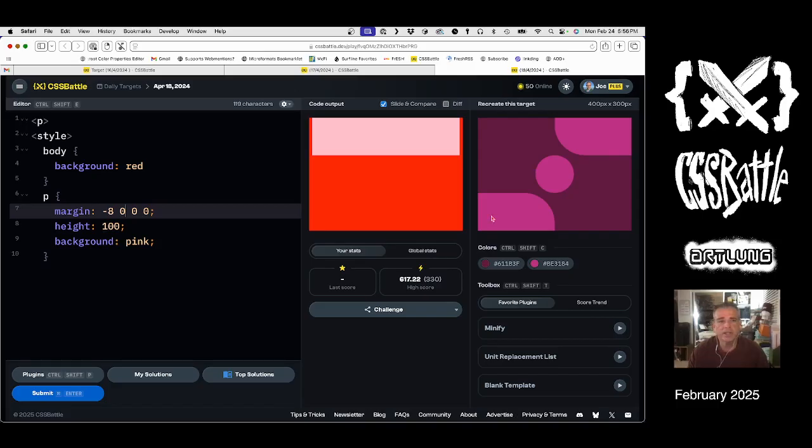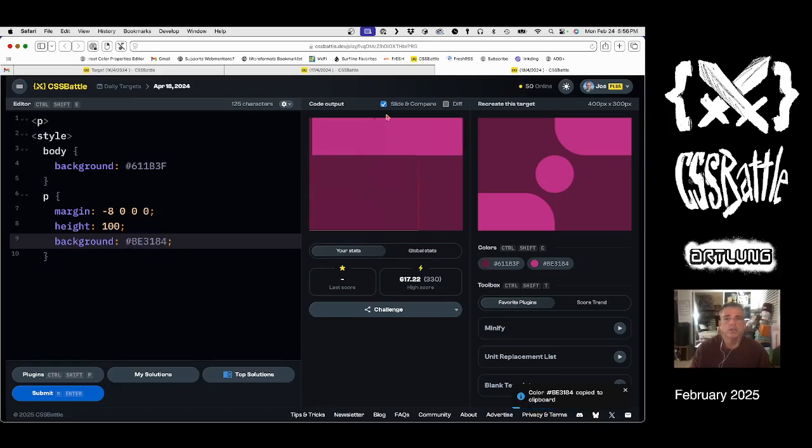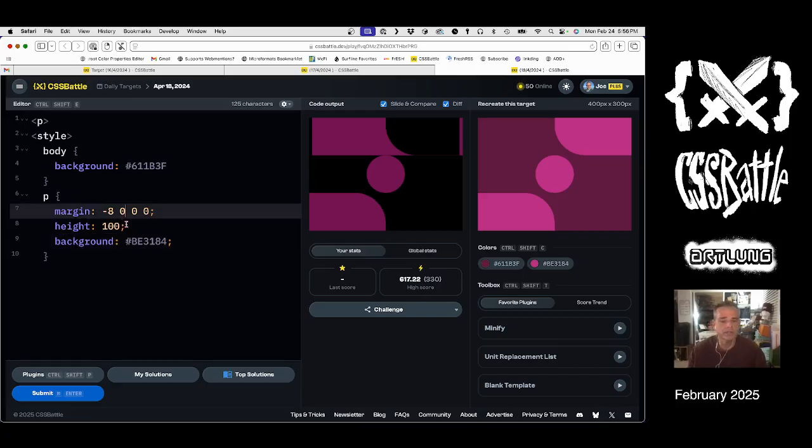and then the second one, a paragraph tag, is going to be flopped upside down and backwards, and we're going to use border radius. So try to call my shot here. All right, so background is this dark color, and then background of this is a lighter pink. So let's see, oh, and it is 100 pixels tall, so that's kind of nice. -8, -8, and then we have 0 margin on the bottom,